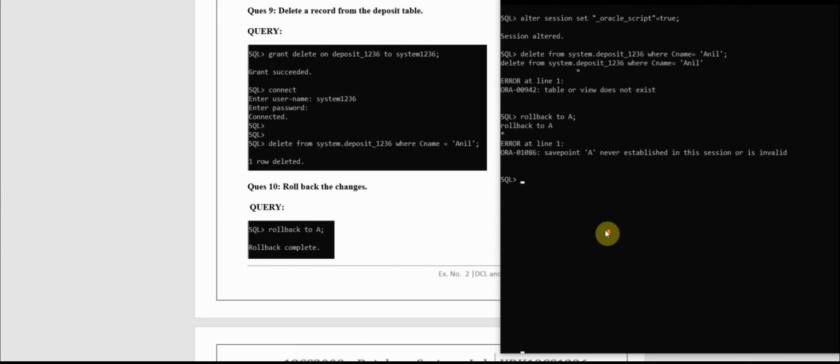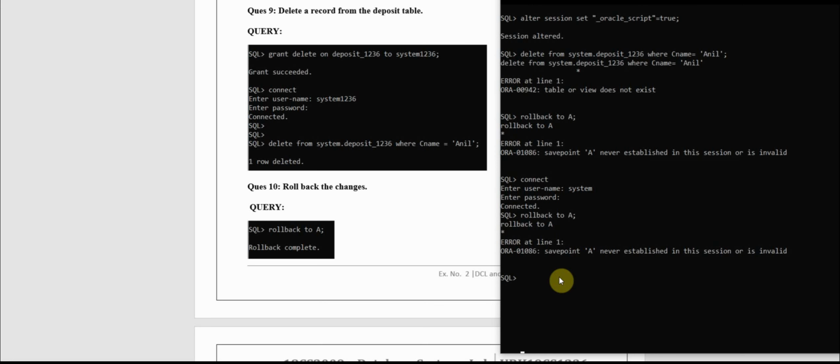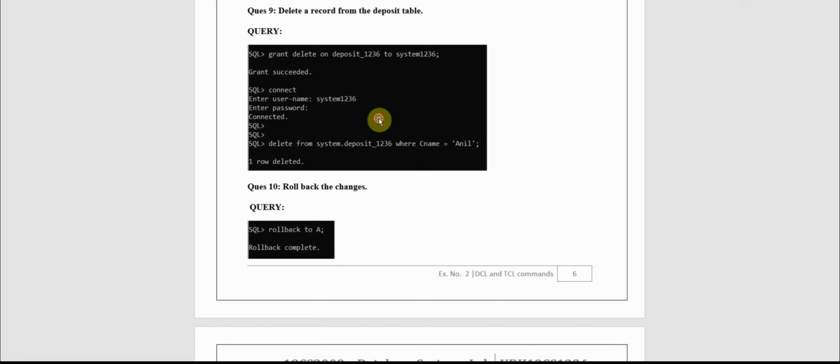Okay, now let me connect to system. To A. This is also showing an error, but almost this is the same thing. Let's connect to the new user. If we connect to the new user and if we roll back, we'll get this output.